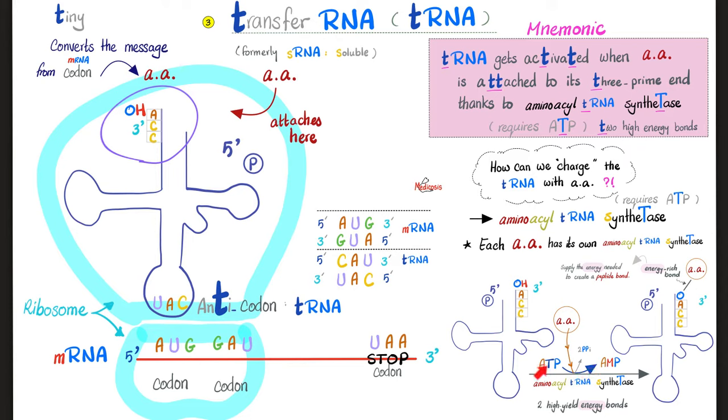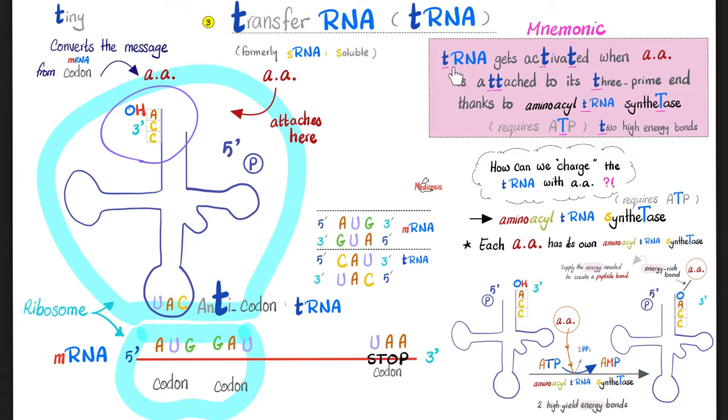What's the difference between tri and mono? 2 phosphate groups, 2 inorganic phosphates left the chat, which means 2 high-yield energy bonds were utilized to release energy enough for us to attach the amino acid to the 3' end of the tRNA, making a lovely energy-rich bond. The energy here is going to be used to make a peptide bond between this amino acid and the subsequent